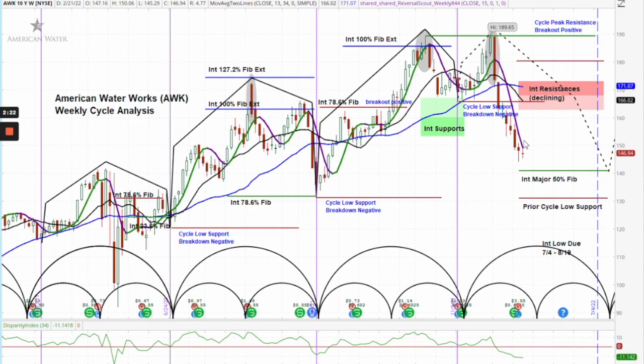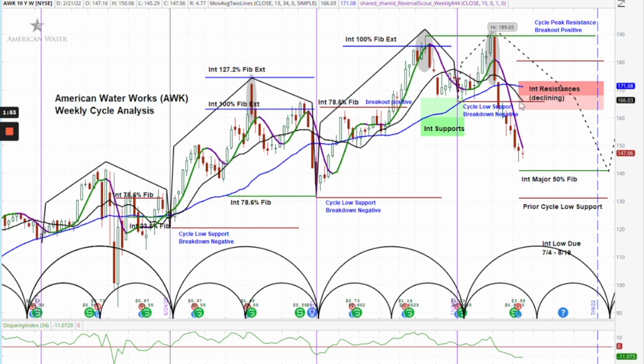This cycle right here is an example of a negatively configured cycle with a left-hand translation. Of course, the cycle isn't done yet, but that is the way that it's shaping up. Notice that the cycle is lower in price than where it began, and notice that the cycle peaked over here on the left-hand side. We got a bearish engulfing candlestick, momentum turned negative, and we broke through the cycle low